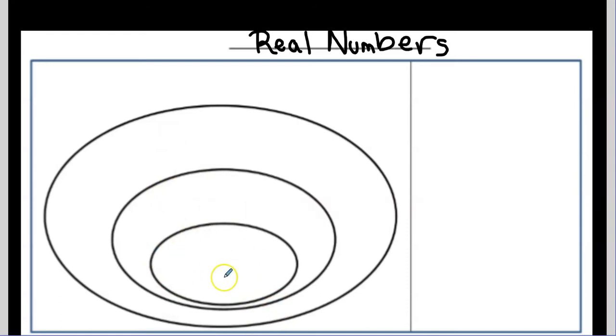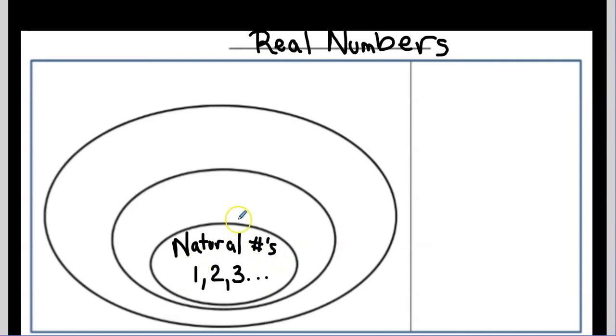We're going to start here in this little tiny oval, and we're going to think about, okay, in the course of history, the very first numbers to ever be discovered were simply our counting numbers. So numbers like 1, 2, 3, etc. The numbers that you learn in kindergarten. And actually, instead of counting numbers, we end up calling those natural numbers. Those are the numbers that come naturally to you, that you start with in kindergarten, 1, 2,